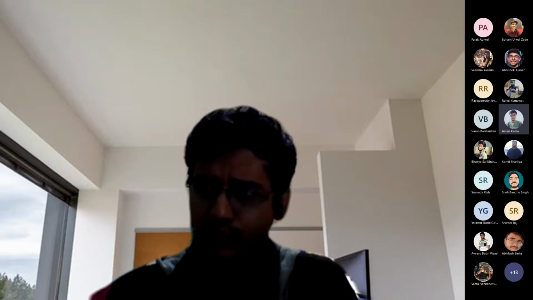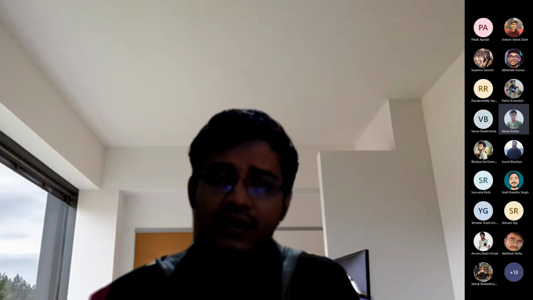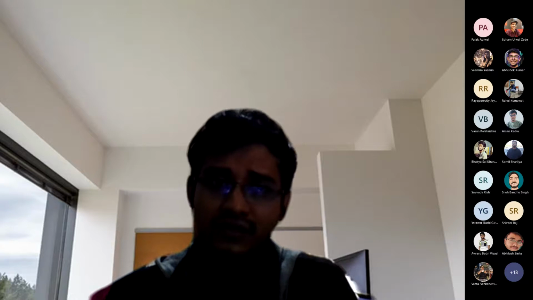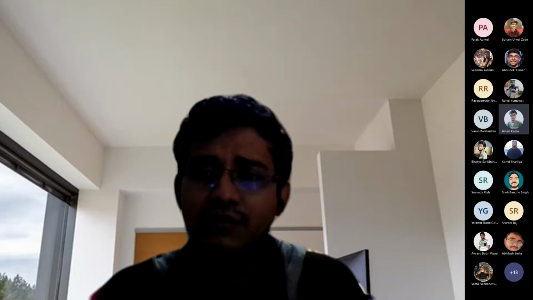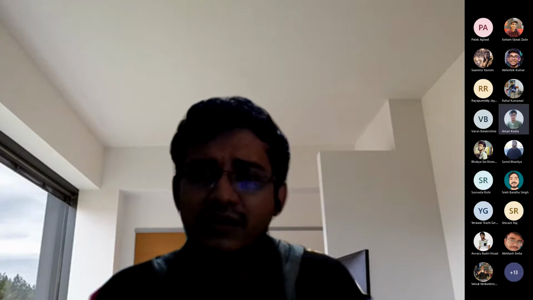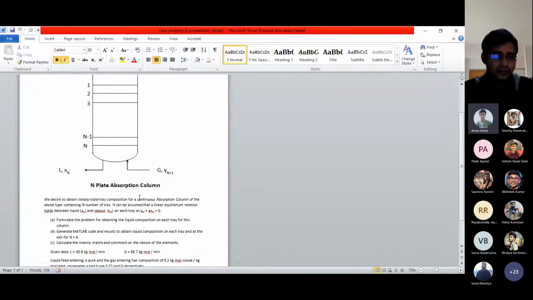Now, provided the process is known to you, or even if it is not known, there should be sufficient information from which you can write the basic chemical engineering laws. For example, the overall mass balance, the species balance, the enthalpy balance. These are the basic steps in order to progress. So if you just open up the absorber column problem, the end plate absorber column, a similar situation occurs. You have to set up the balance across all the stages and at the entry and exit.